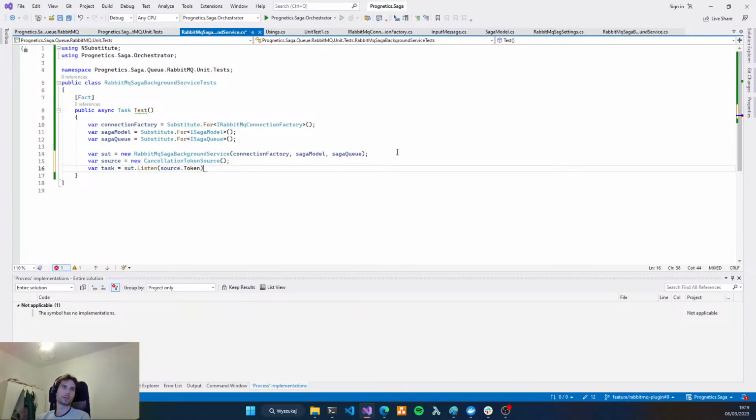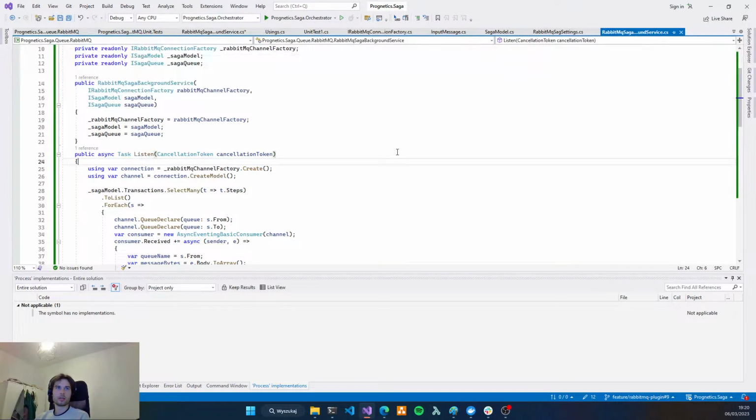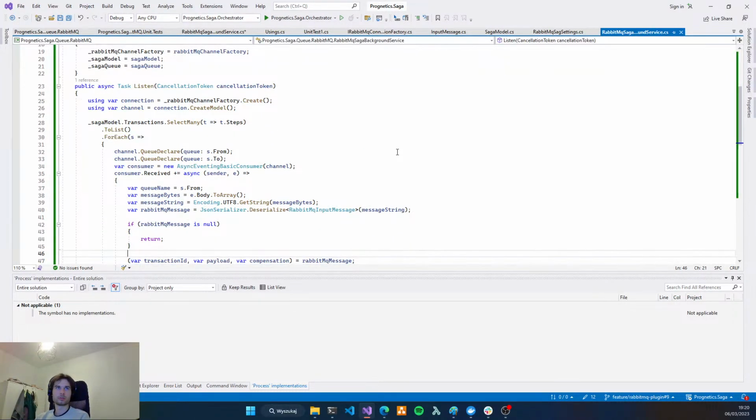Let's pass the token here, and we don't want to await this task. Oh my god. Not yet, because let's see how it will behave.